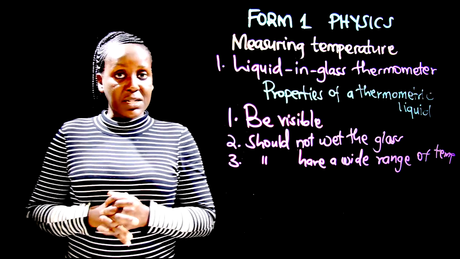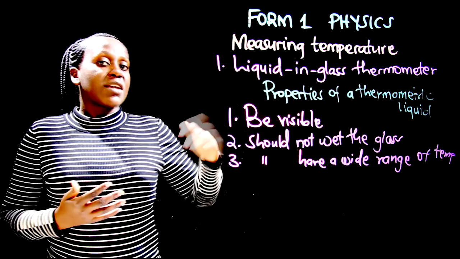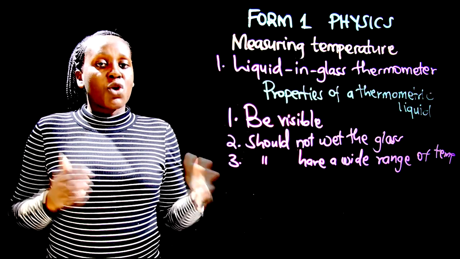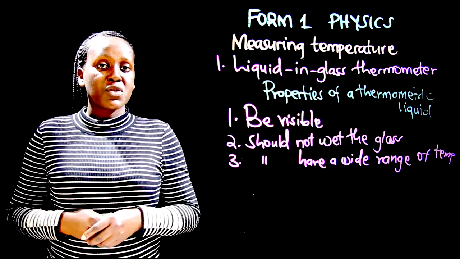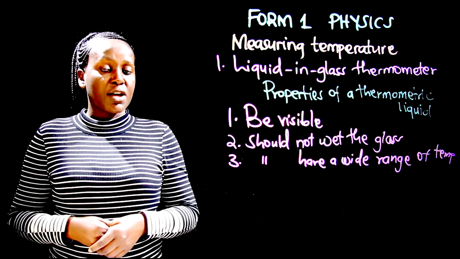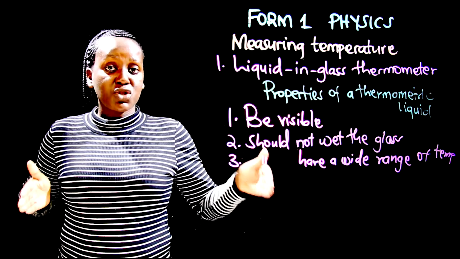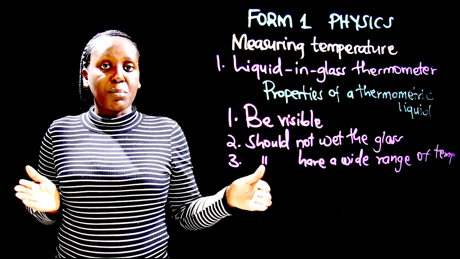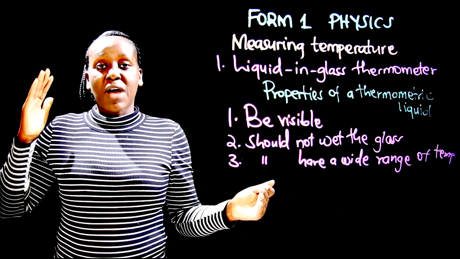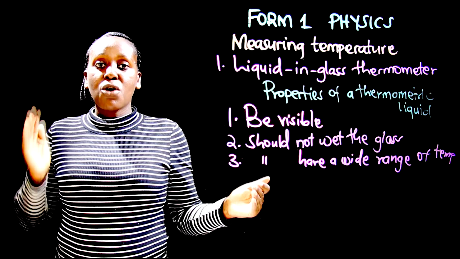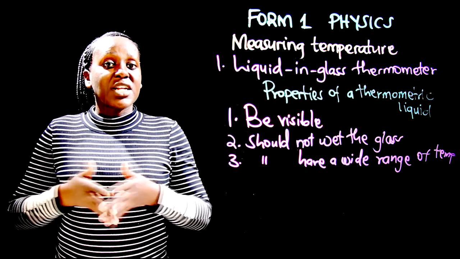Once it boils, it turns into a gas and cannot be used in the thermometer. When it freezes, it turns into a solid and cannot be used. So the liquid that we choose must have a huge gap between the melting point and the boiling point. We say that it should have a low freezing point and a high boiling point